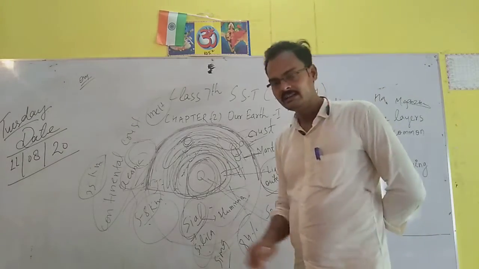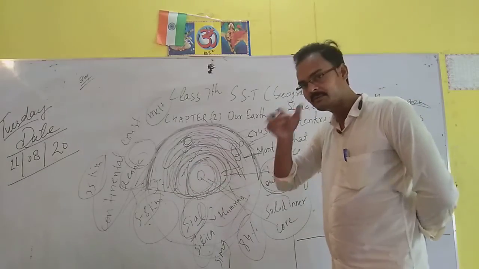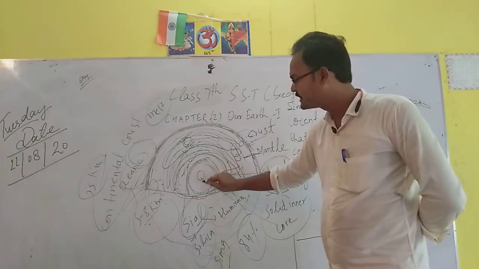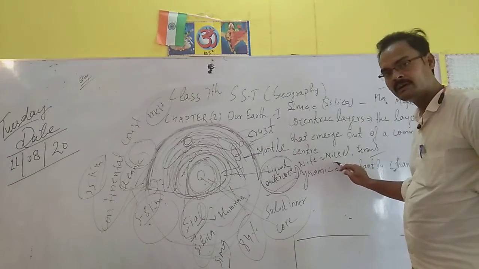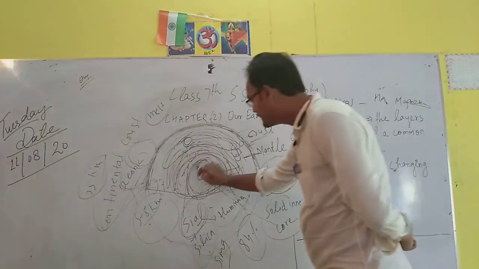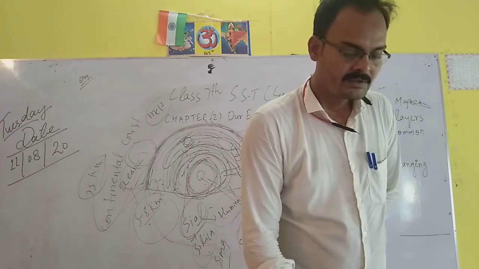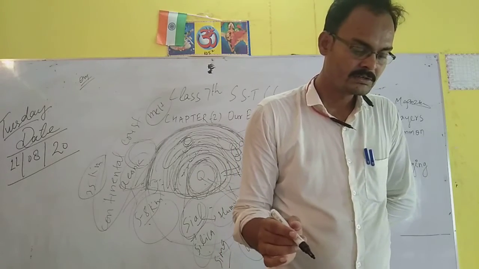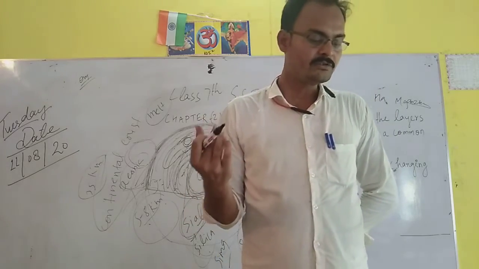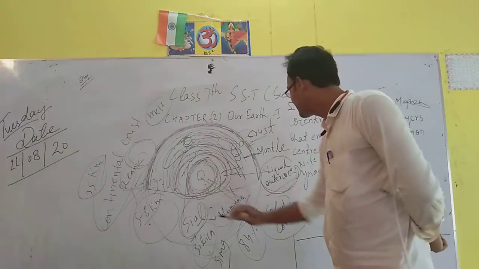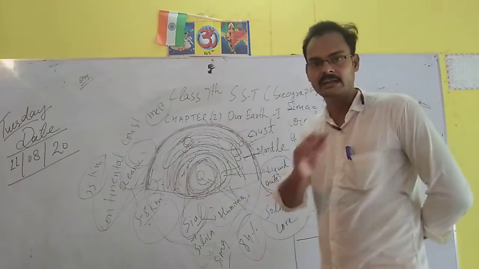So in the upper liquid outer core of the last layer of the earth, that is the core, there is an outer core and an inner core. The upper liquid core consists of two metals, nickel and ferrous, and the solid inner core consists of which metals? We see the outer core is liquid, the inner core is solid metal called NiFe. So this inner core is solid metal of nickel and ferrous, that means iron.